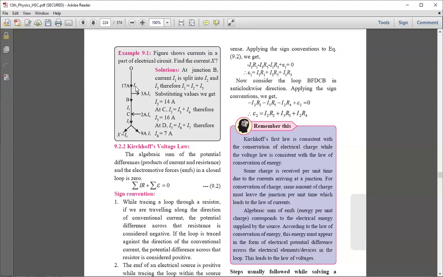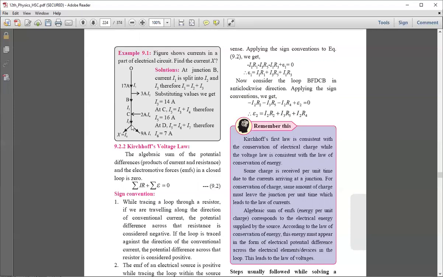This current I1 is 17 ampere. From this 17 ampere, you can see that 3 ampere goes away. Then how much current will be here? 17 minus 3 is 14 ampere. Then this 14 ampere moves forward, and a current from a different path is coming toward the junction. So this I3 current, which is 14 ampere, will be added with this 2 ampere. This I5 current will become 14 plus 2, 16 ampere.